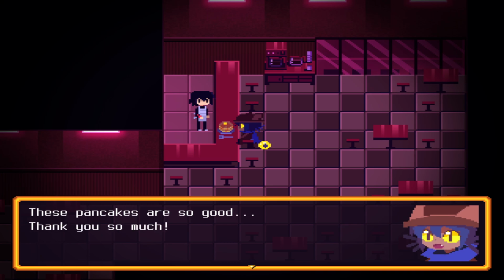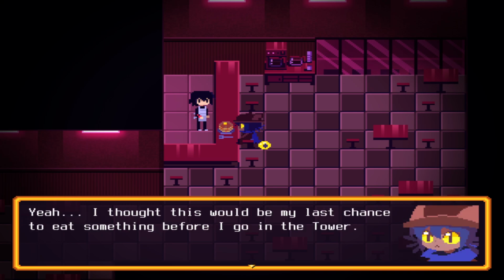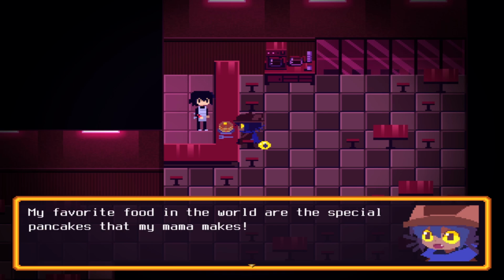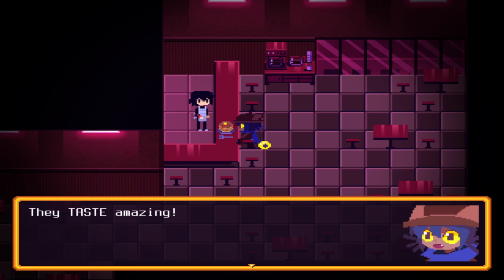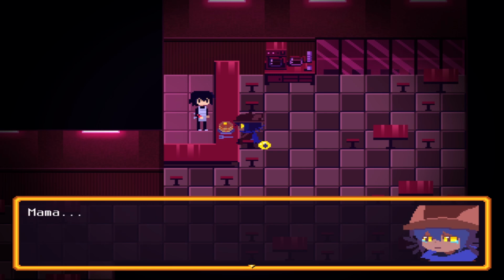These pancakes are so good. Thank you so much. No problem. You look really hungry. Yeah, I thought this would be my last chance to eat something before I go to the tower. Gotcha. So I guess pancakes are your favorite food? Mm-hmm. Well, almost. My favorite food in the world are the special pancakes my mama makes. She likes to bake hazelnuts and grind them up into the batter. Oh wow, that sounds amazing. They taste amazing. She always made them when I was feeling sad, or lonely, or...